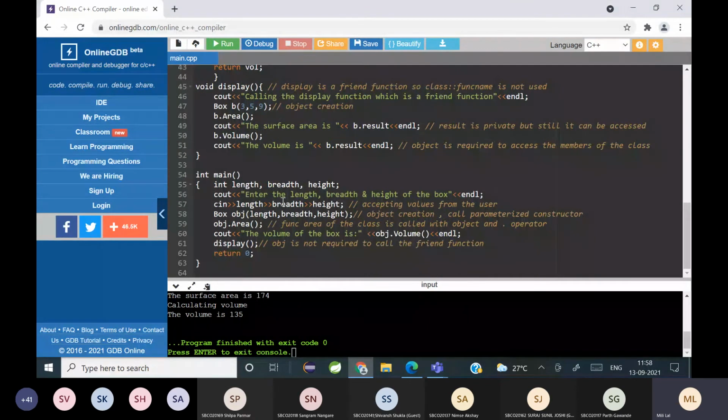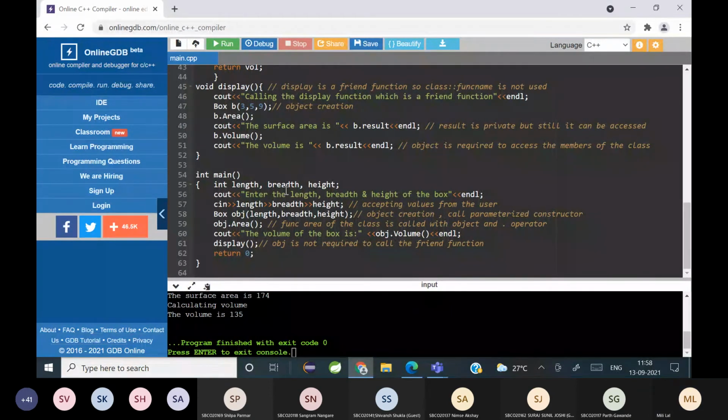When you call a friend function, you don't need an object to call it, but to access the members of the class inside a friend function, you have to use an object. These are the points that have to be remembered. Is it clear? Yes, students, is it clear?